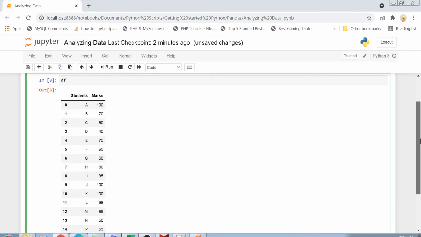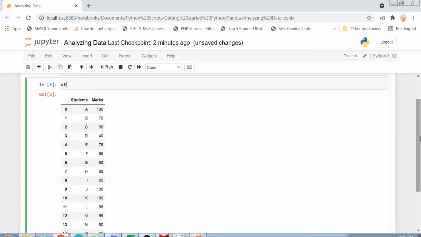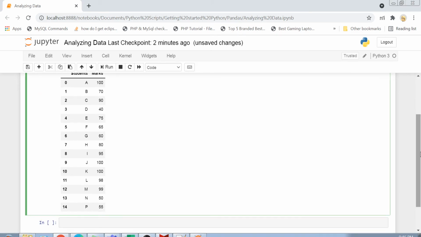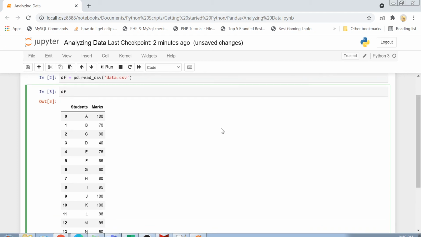In this case the data frame only has 14 rows, but normally our data frames have more than 14 rows, definitely hundreds of rows, and in that scenario also the whole data frame is printed. There is just a scroll which appears in this data cell. So guys, you can imagine, if you want to analyze data like this, it will be really difficult, because the whole data is in front of you and it is difficult to focus.